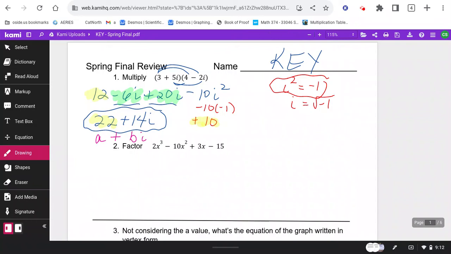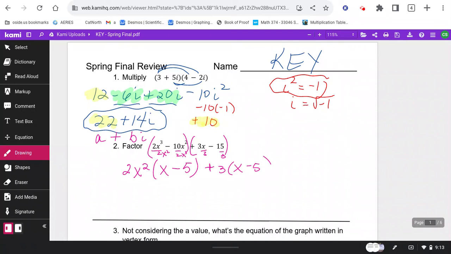Okay, number 2 is a method called factoring by grouping. And if I remember correctly, I don't think I ended up including this on this year's final, but I just want you to think about this where sometimes there's a part in the front where something can come out and a part in the back where something can come out. And so if you look at this, we could factor out a 2 and an x squared from the front, leaving me an x minus 5. Divide out 2, divide out 2, divide out x squared, divide out x squared. And then at the back here, do you see that you could take out a 3 from everything, leaving me